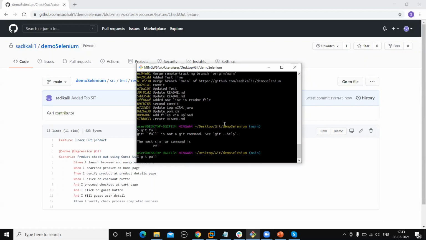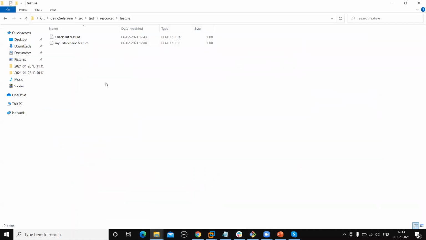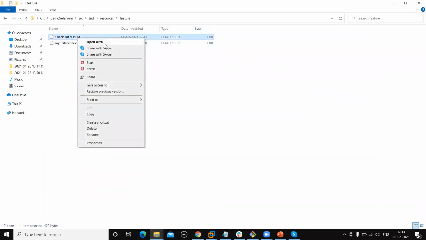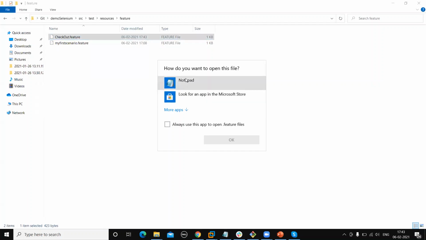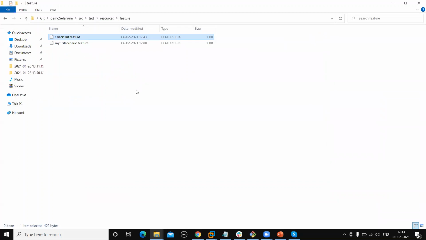Okay, so first you can see git pull fetches the code, and second it is merging the code also. Okay, so if I go here again and check this file, you will see that the code is automatically merged, meaning we can see the SIT tag. So now you can see when we use git fetch, it updates the code from the remote repository, but when we use git pull, it also updates the code as well as merges the master code with our current working directory.